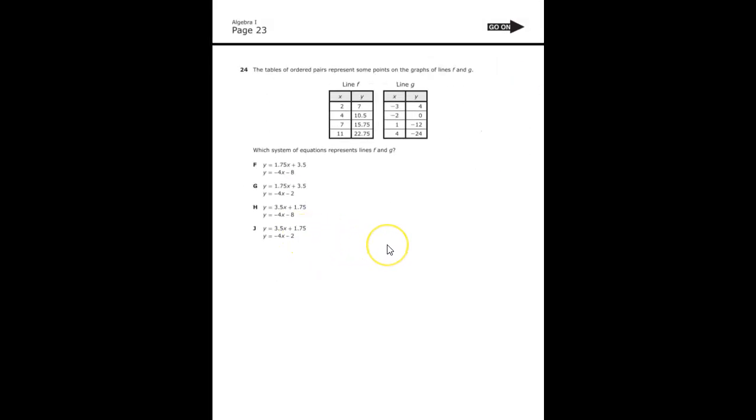Number 24. The tables of ordered pairs represent some points on the graphs of lines F and G. Which system of equations represents lines F and G? Okay, system of equations. So let's go ahead and use y equal to mx plus b in both instances. So we're going to start off by finding the slope. And because they are linear, one thing to do also, if you're dealing with linear functions, let's look for the